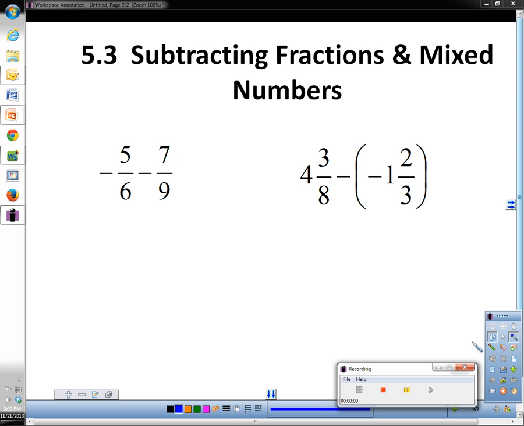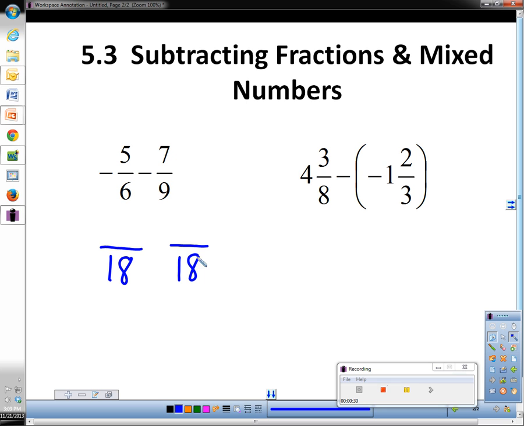To subtract fractions and mixed numbers, we also need to find a common denominator. So in this first problem, negative 5/6 minus 7/9, I'm looking for a multiple of 6 and 9 that they have in common. We could use 54. You can always multiply the denominators, but sometimes there's a smaller number, and smaller numbers are usually easier to work with. So I know that both 6 and 9 can go into 18, so I'm going to use 18 instead